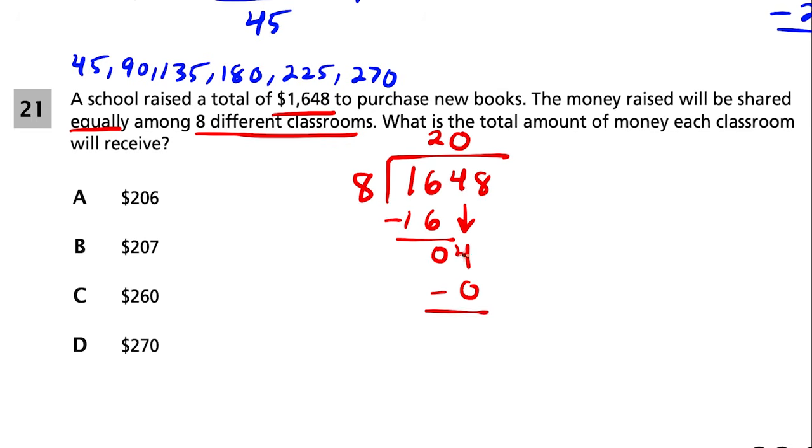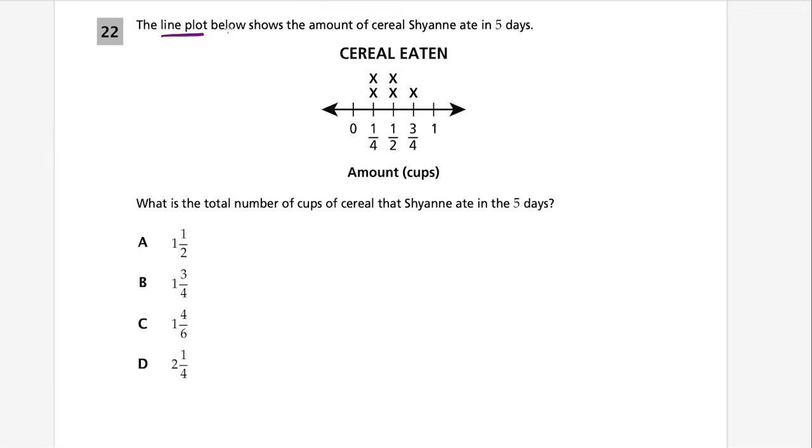When we subtract 4 minus 0, we get 4. Now we could bring down this 8. And 8 goes into 48 exactly 6 times. 6 times 8 is 48. And multiply, subtract, it goes in evenly. So choice A. For question 22, we have a line plot, and it's tracking how much cereal Cheyenne ate in